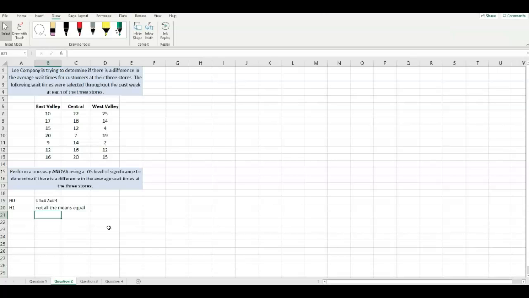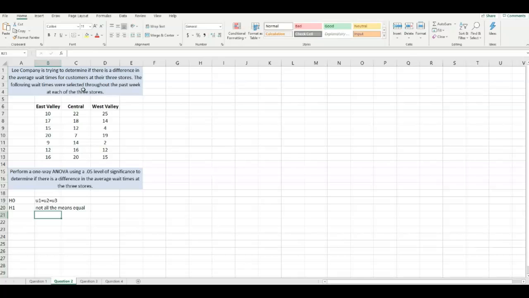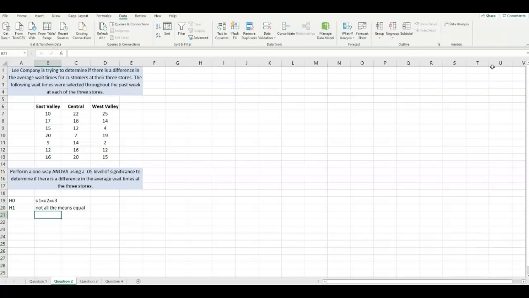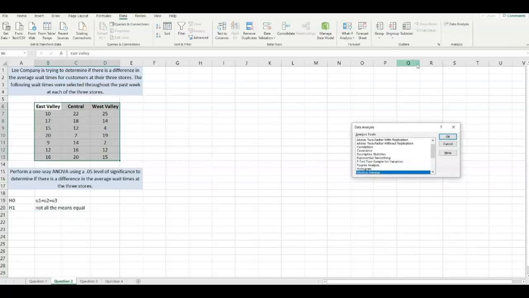So that's going to be your null and your alternative for this ANOVA. Now, how are we going to figure out the rest of this? Well, the ANOVA is found under your data analysis. So we need our data here. We hit data analysis and we come up to ANOVA single factor,